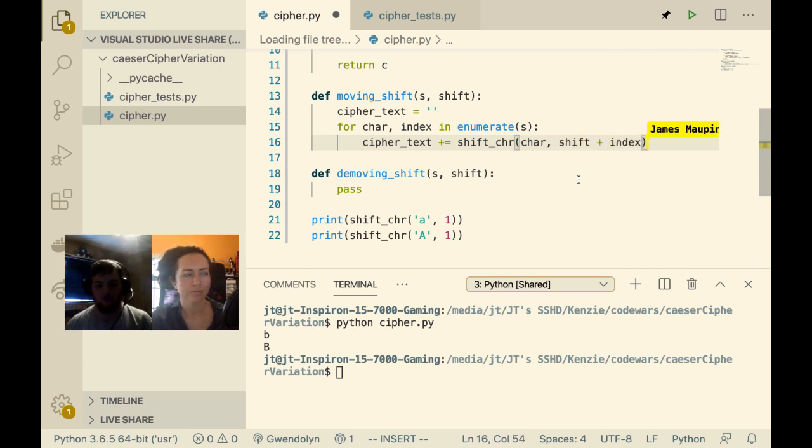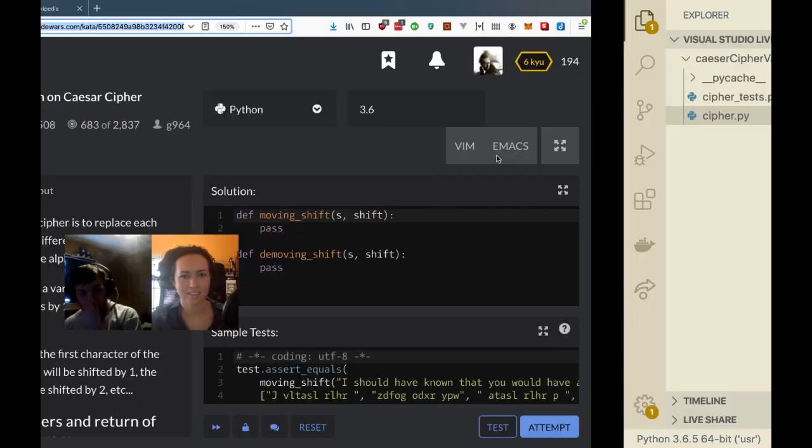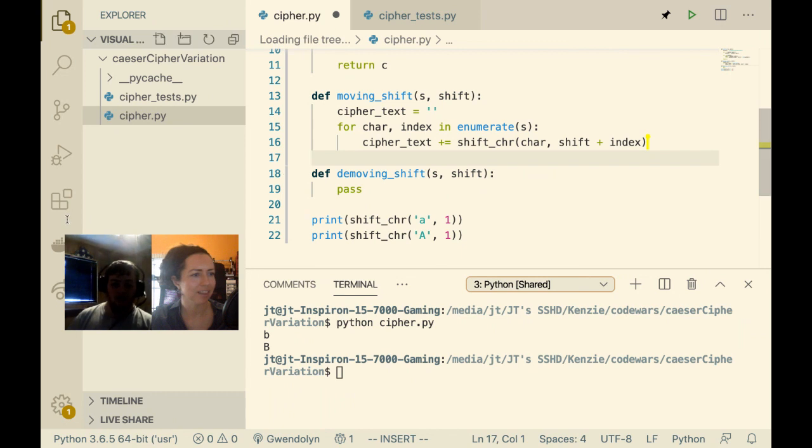The first element that we iterate over in the string is going to be index 0, so that's the one we just apply the shift to. Since the cipher works by increasing the shift by 1 for every character afterwards, the second character is going to have index 1, because arrays are 0-indexed. So it'll be shift plus 1, then shift plus 2, and so forth. That makes sense. One second.